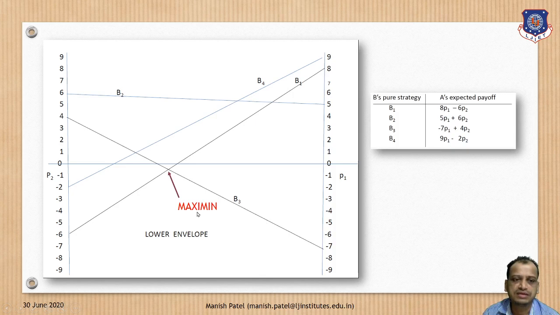You try to find out the maximum point. Where is the maximum point here in this area? This one, right? And which two lines are intersecting? B1 and B3. So with respect to B1 and B3, the player A is going to maximize, right? So you will only use the case of B1 and B3. You will neglect the rest of the B's pure strategies. Clear? Again, here maximum is nothing but the minimum area, the lower envelope, and you will find out the maximum point here, which is this one. Clear? Which is the intersection of B1 and B3.